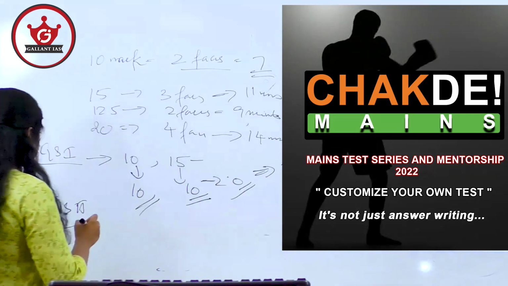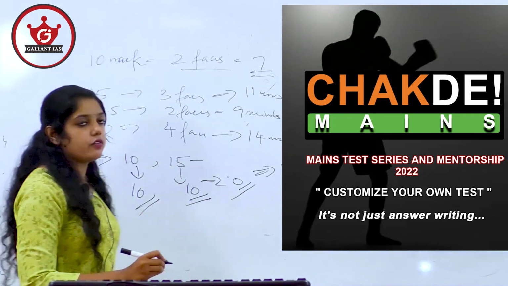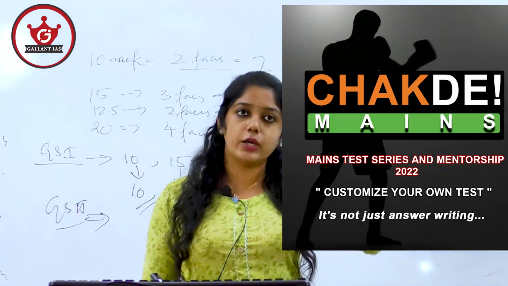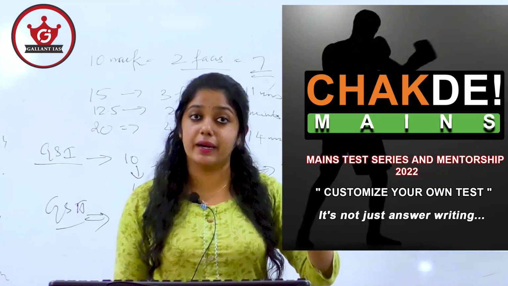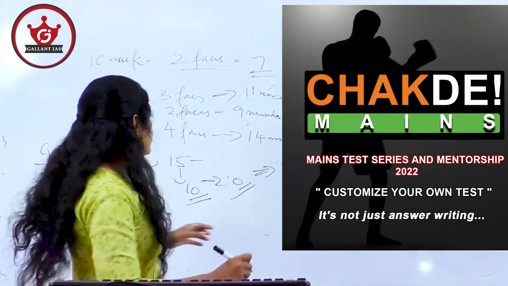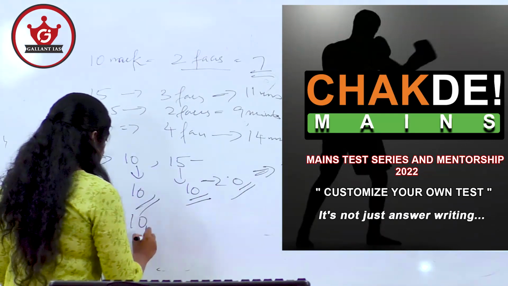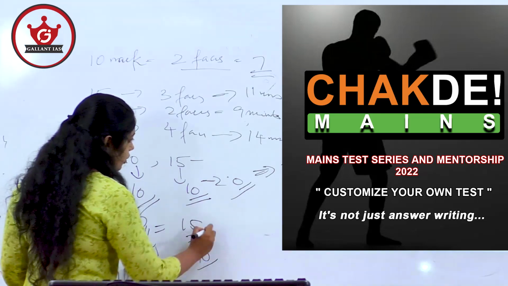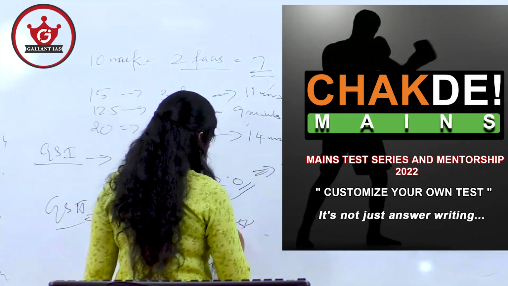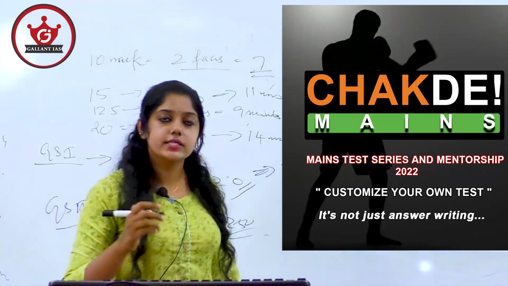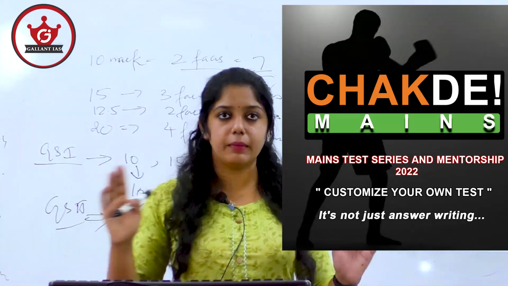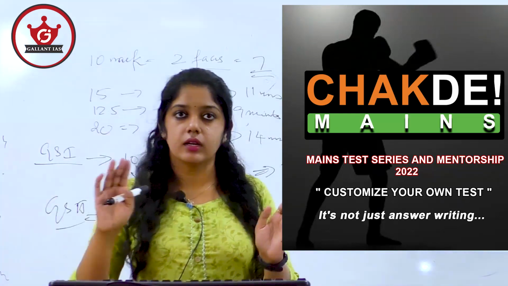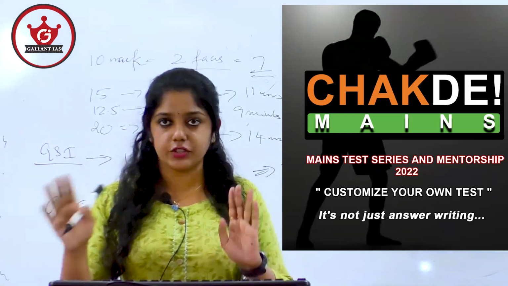Okay. So if you consider GS2, earlier there was a trend of asking 12.5 mark questions, 20 questions. So you will score 250. But nowadays, not that trend. They will ask you 10 questions of 10 marks and 10 questions of 15 marks. So total 250. That is the trend for GS2 also. GS3 also has the same trend. 10 marker questions will be 10 in number, 15 marker questions will be 10 in number. So total 250. That is the trend.